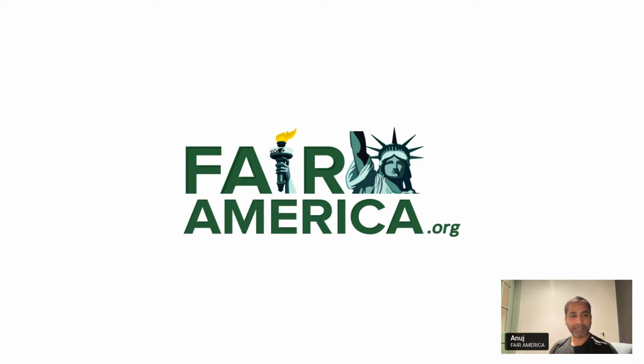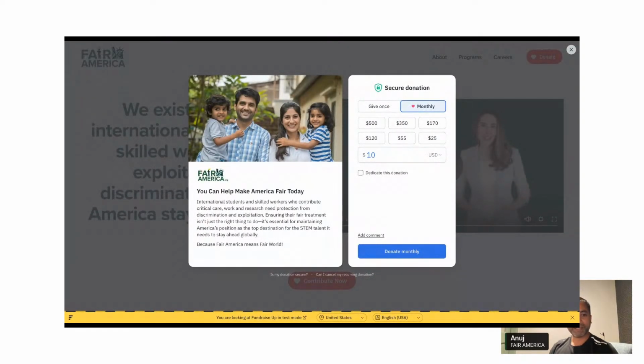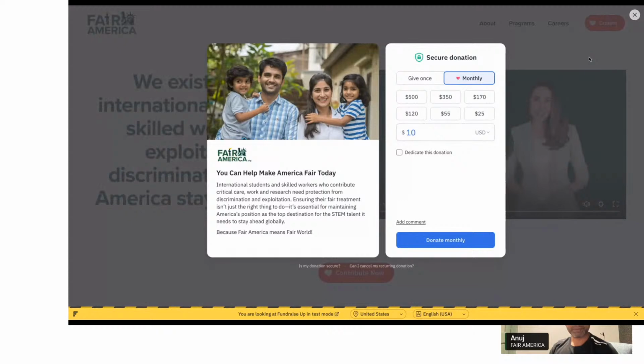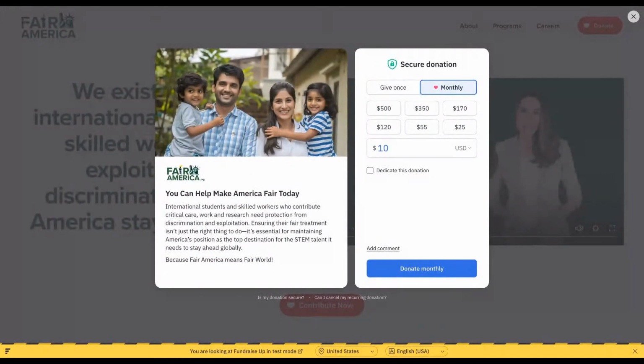Again, sorry, I forgot to share the screen. Now it's looking good. You guys are able to see the screen now, right? If you are live, post it in the comments. One thing weird is that because I'm using a Mac, I cannot share the entire window. If I am sharing the entire window, then I cannot share the sound. So I have to share the tab, and I have to go back and forth in different things.